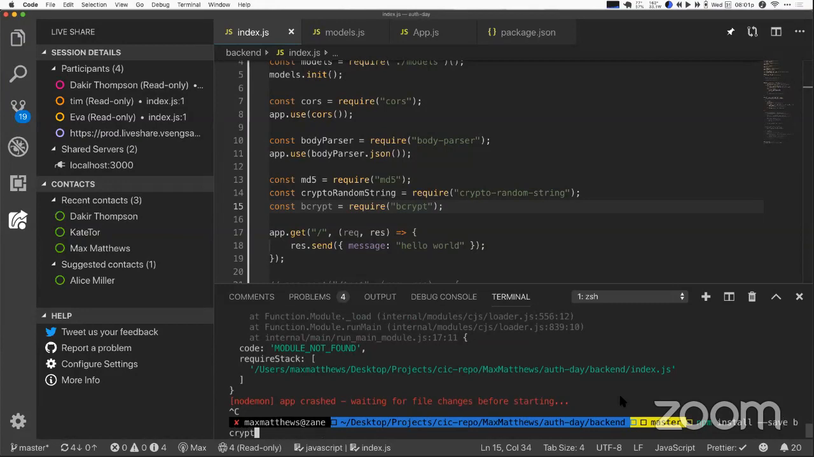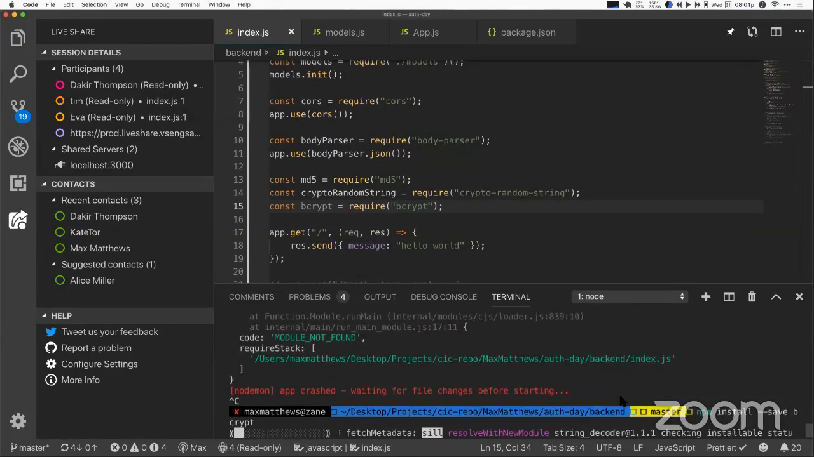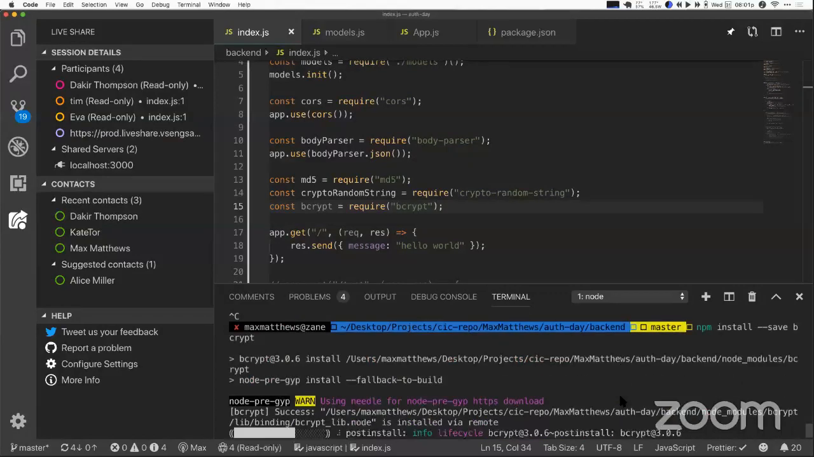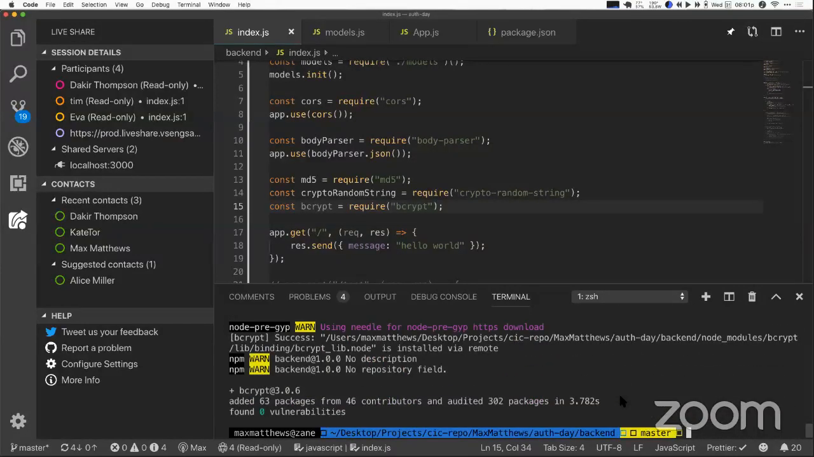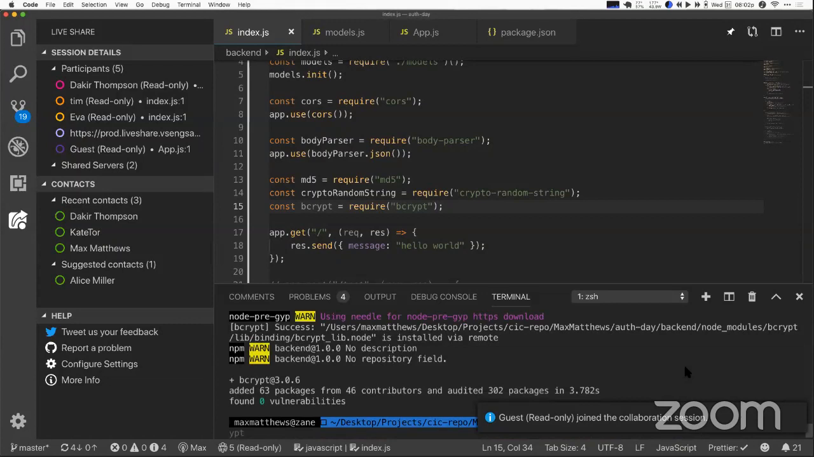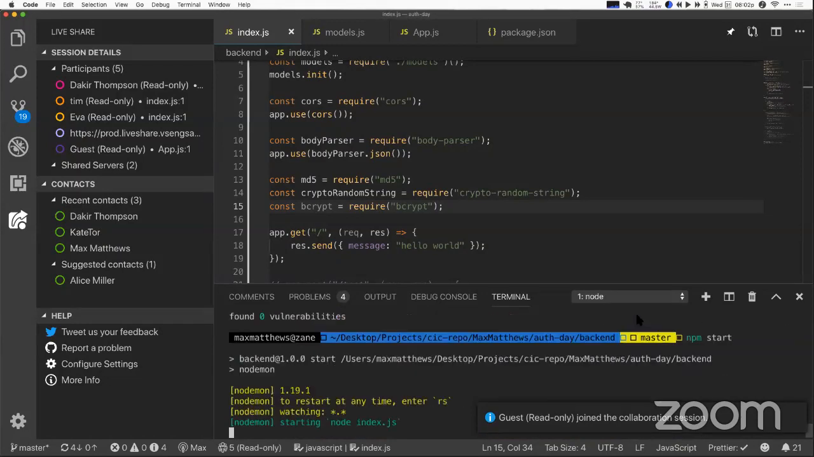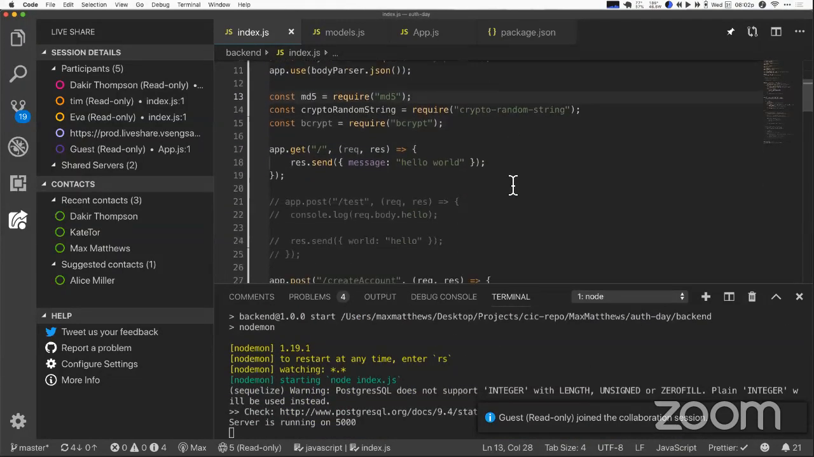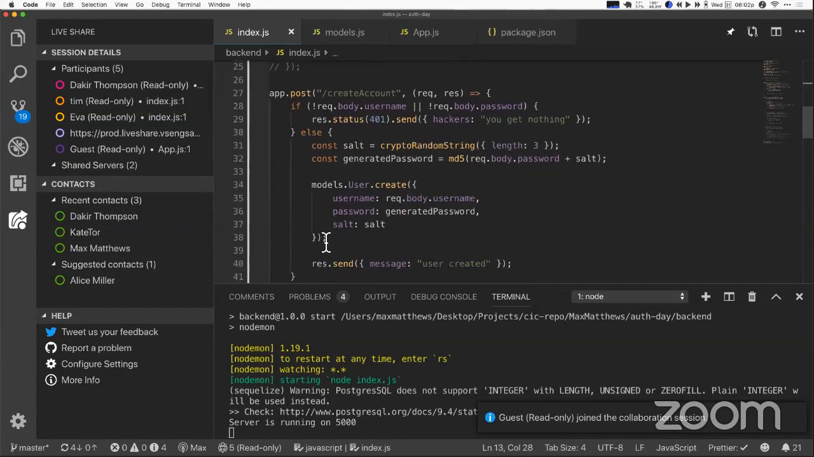So I'm going to npm install --save bcrypt. And then I am going to start my server back up. And now that my server is running, when we create our account, instead of my generated password being MD5 and